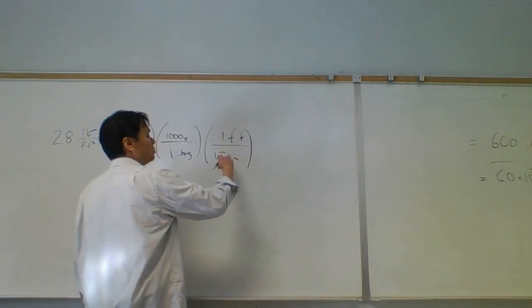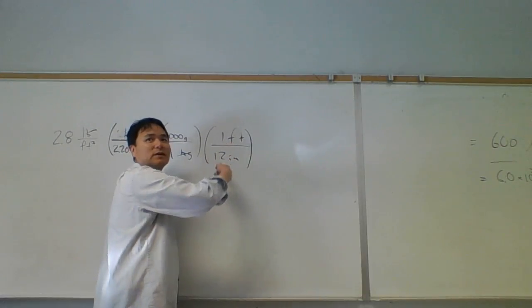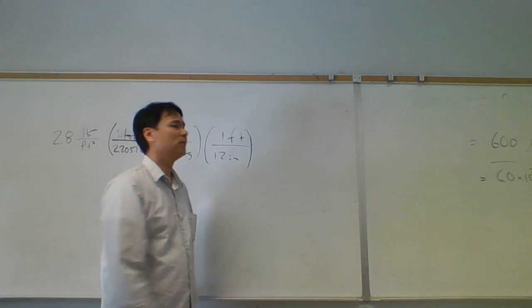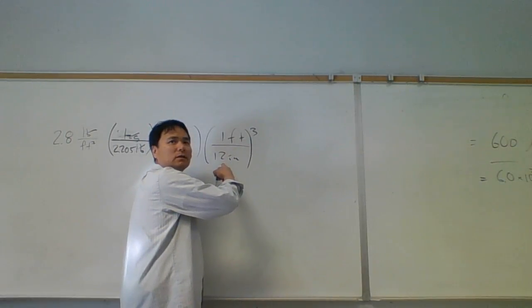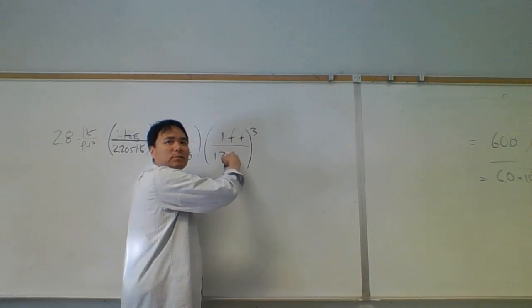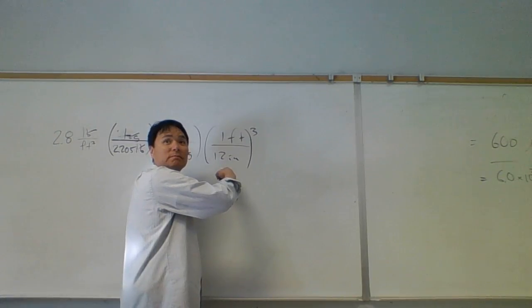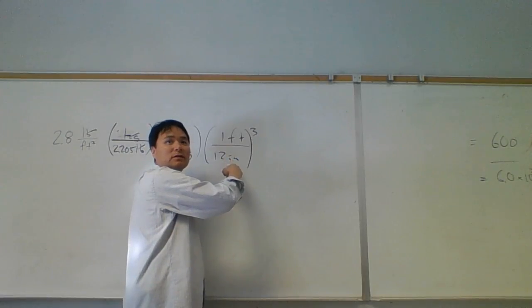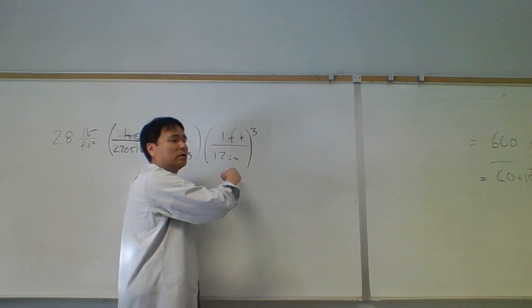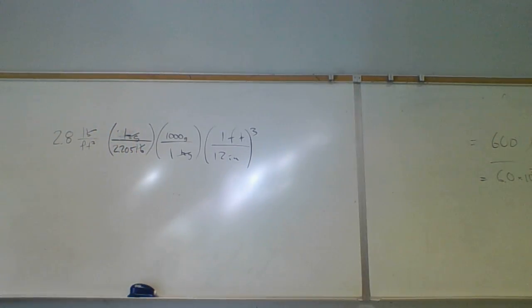And so, are there 12 cubic inches in a cubic foot? No. Are there 144 cubic inches in a cubic foot? No. Are there 720 something cubic inches in a cubic foot? Yes. Right, because it's 12 cubed. 12 times 12 times 12. So